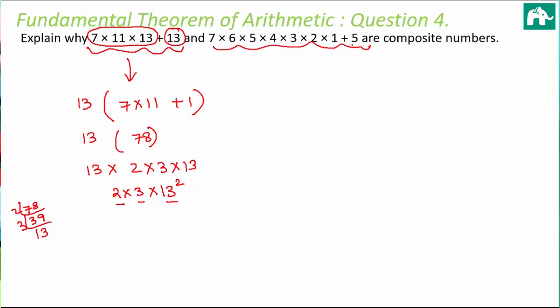Now in a similar way, you can work on the other one. Here also you can take 5 common and then the rest inside the bracket, and exactly in the same way as we did here, you can do the second one. So that's going to be your homework.